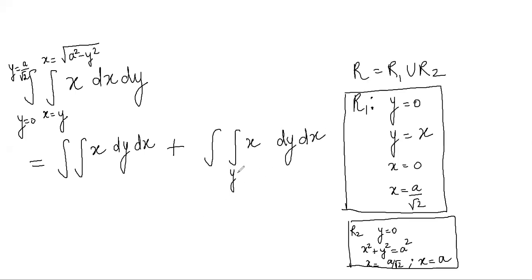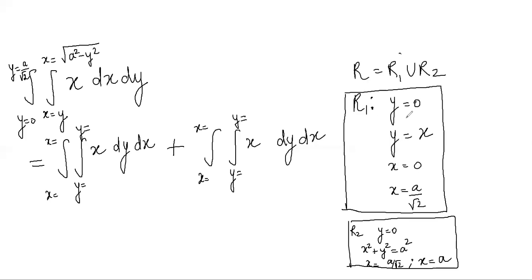So on the inner integral, in both of these double integrals, on the right hand side, we need limits of y, because the order of integration is dy dx. And on the outer integral, in both of these double integrals, we will be having the limits of x. Now, this first double integral is for the first region, which is R1.